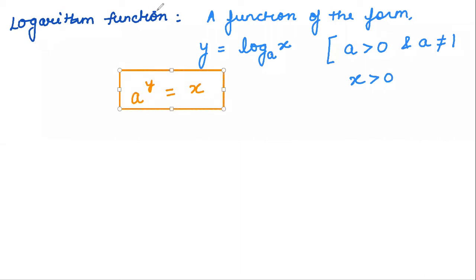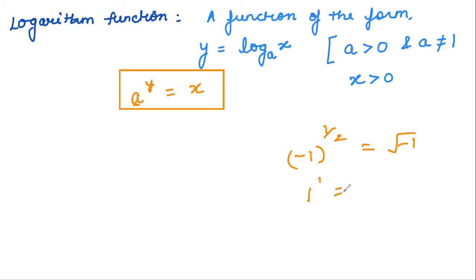Now, when we discussed the exponential function, we saw that this a was greater than 0 and not equal to 1. क्योंकि अगर ये हमारे पास नेगेटिव होगा, so y can be any real number, so this will make it complex, so it cannot be negative, also it cannot be equal to 1, as if you write this as 1 raised to power